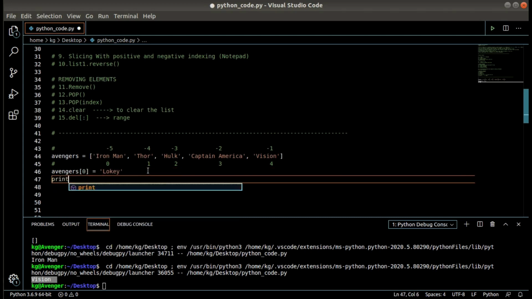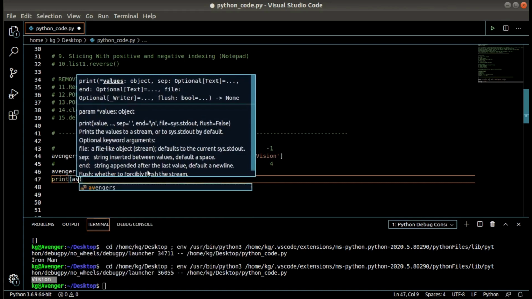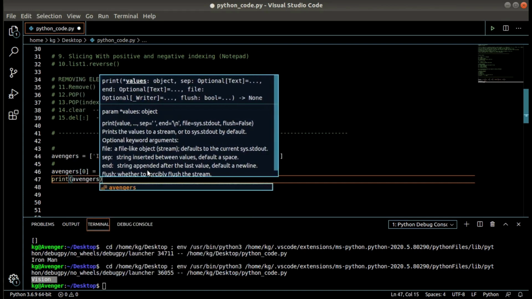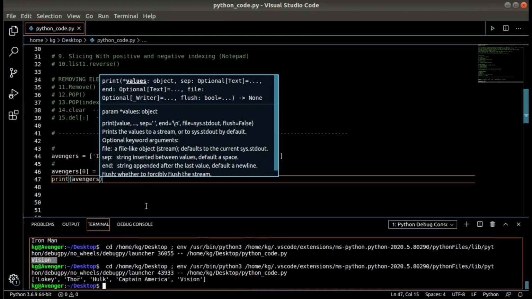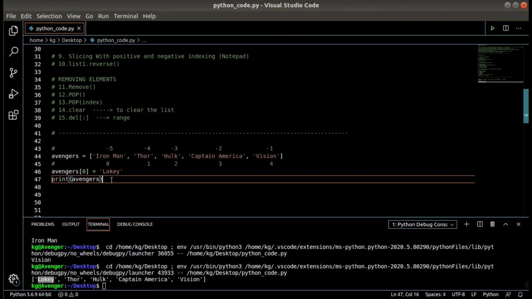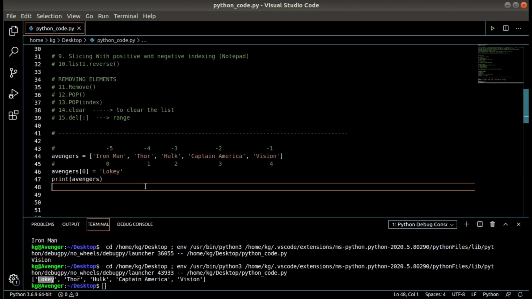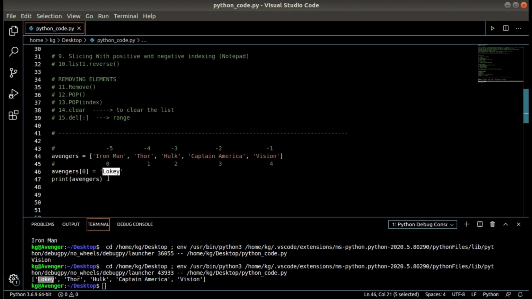So print Avengers. See, Iron Man has been replaced by Loki. So this is how you can set the item to a particular index.